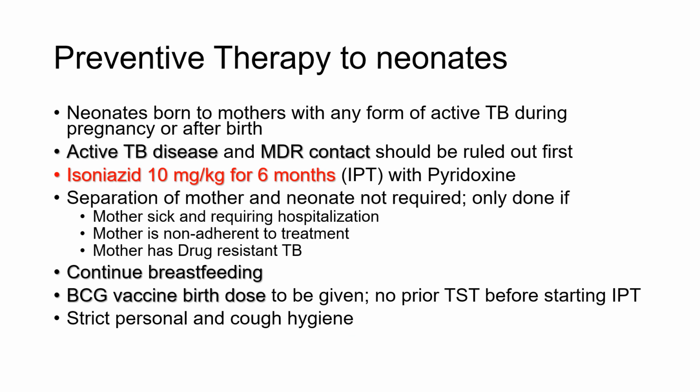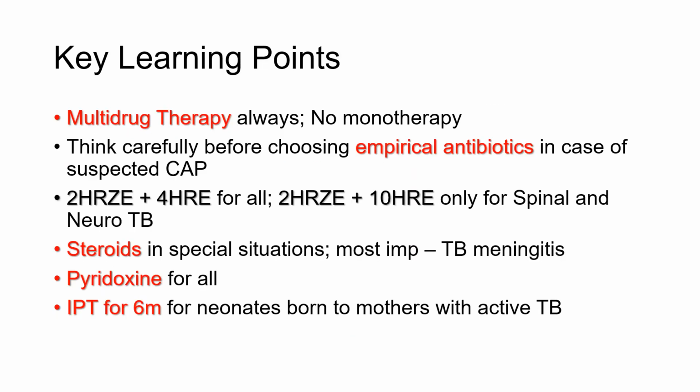and strict personal and cough hygiene has to be undertaken. So what are the key learning points in today's session? Multi-drug therapy always in tuberculosis, no monotherapy ever. We have to think carefully before choosing empirical antibiotics in case of suspected community acquired pneumonia, because if we start any drug with anti-tubercular effect initially, and suppose the patient is originally having tuberculosis,